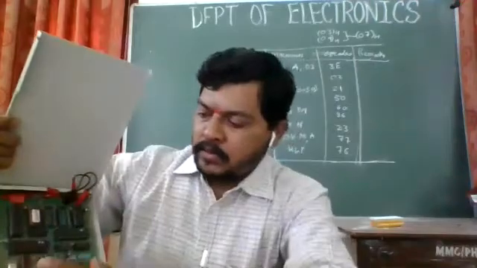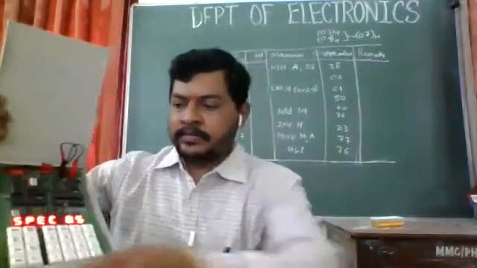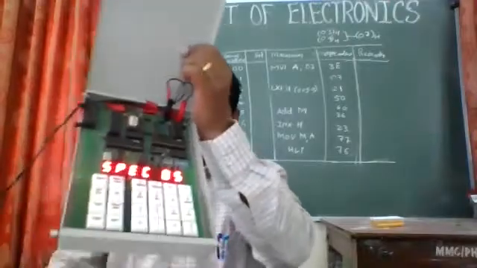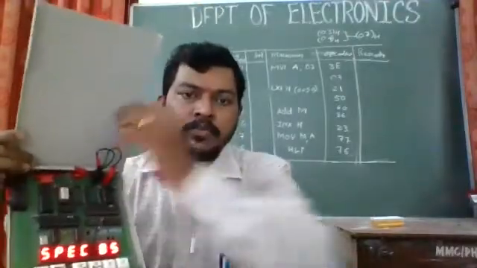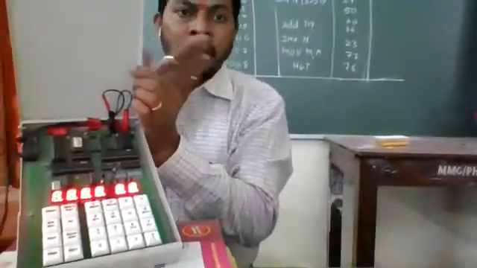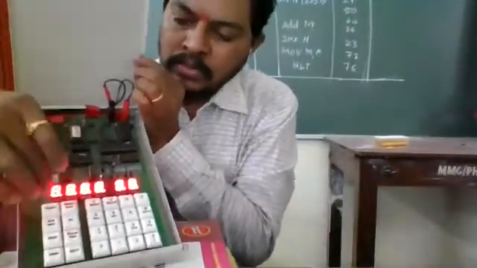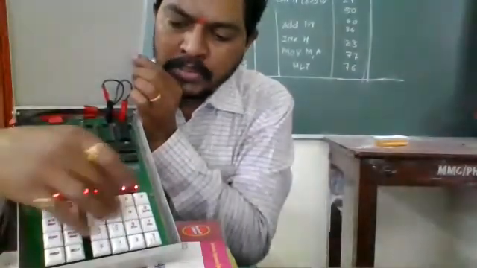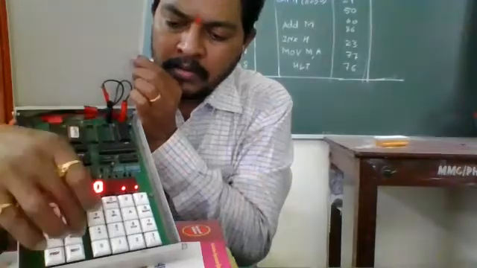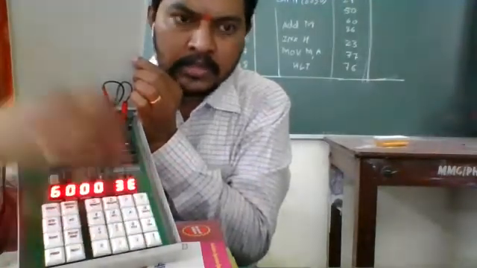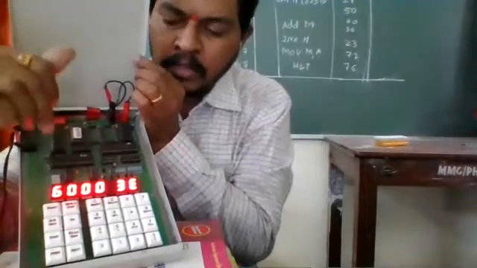Okay, so we'll again start, reset. Sorry, it's not visible for you people, I hope. Is it visible now? Yes. So I'm putting that data over here. Just go through this. This is reset, substitute memory, the first memory location, that is 6000. Next, I'm putting the first data, that is 3E. This is 3, this is E, 3E.